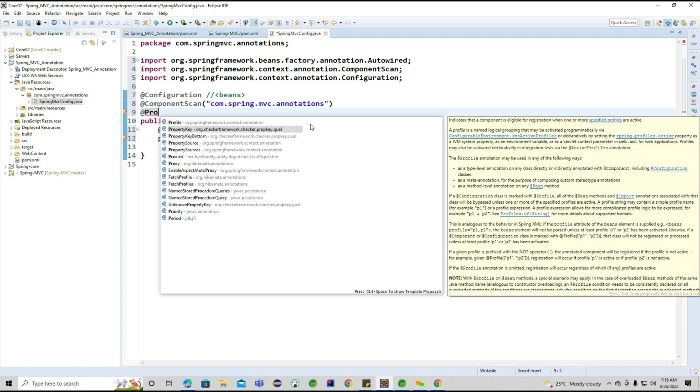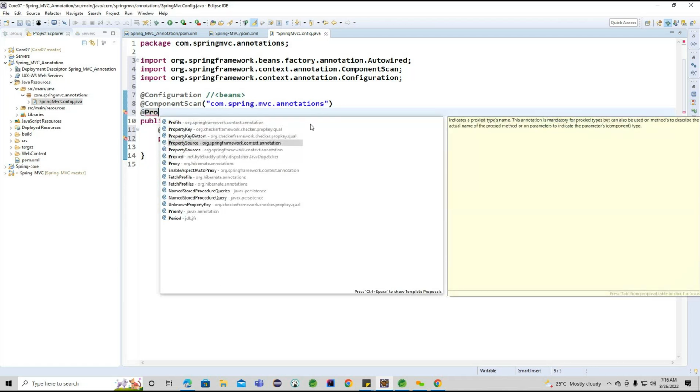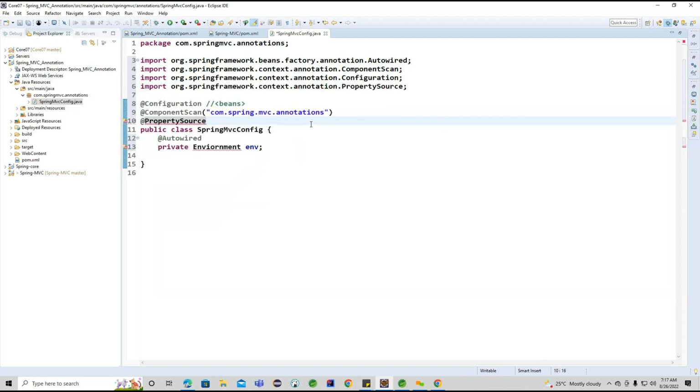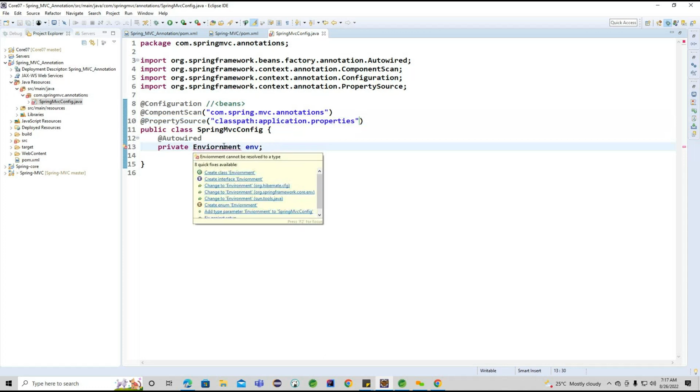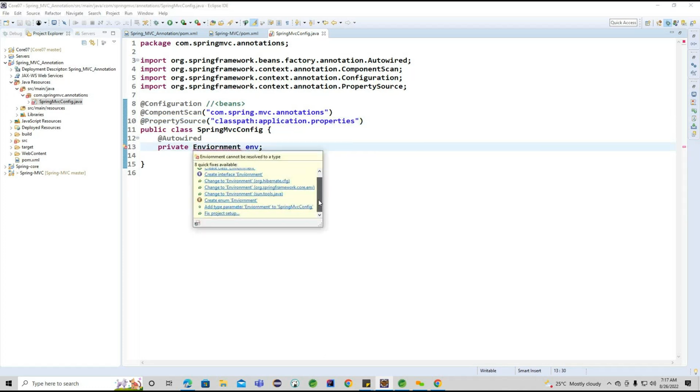So property placeholder. When we use the property placeholder, we are going to use property source here. Where is this property source available? Inside the classpath. What is the name we are going to use? We'll use application.properties. Okay. So these are the three important sections we need to understand here. Now we'll see why this class is not coming. It should be available in the